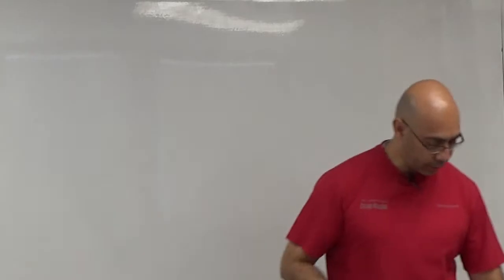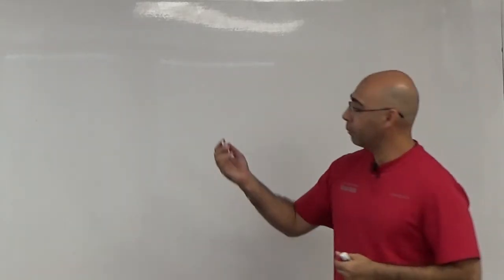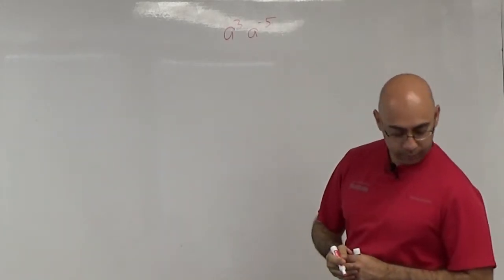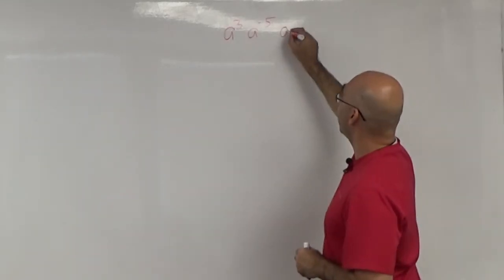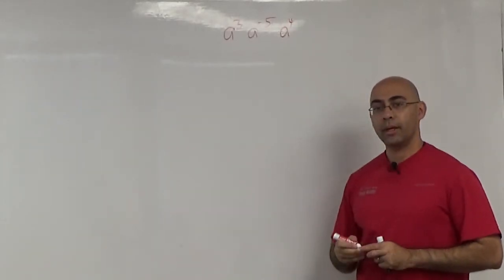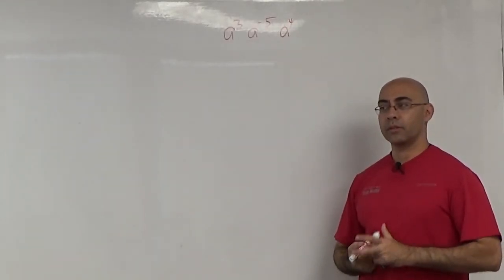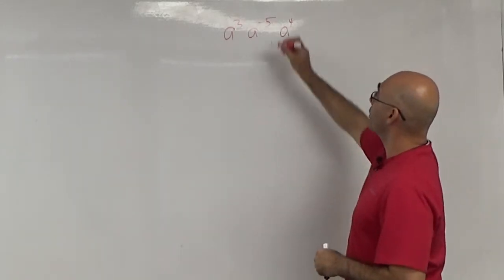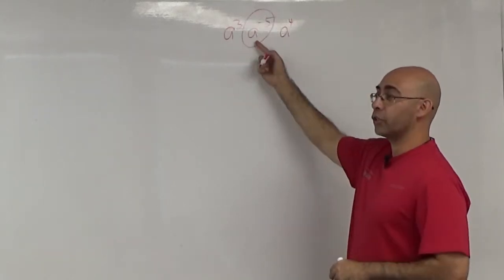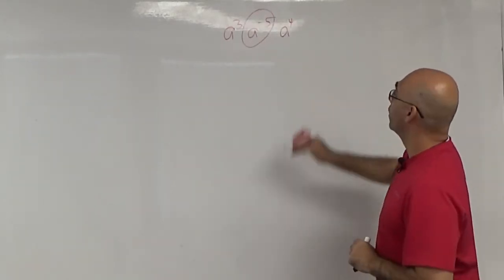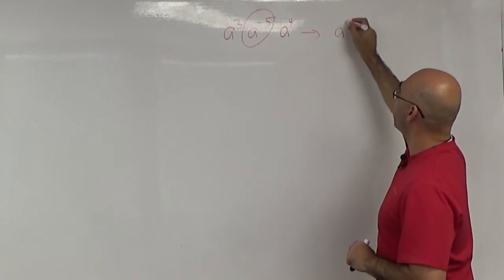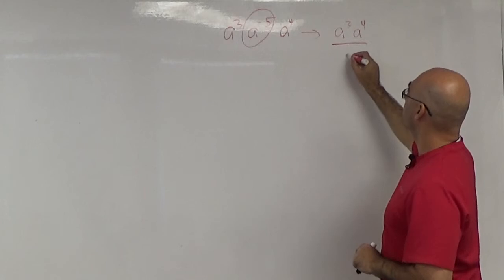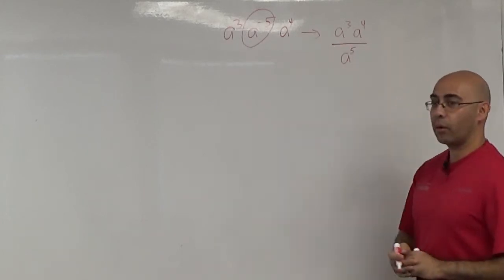Yeah. I'm going to do this next problem. A to the 3rd power times a to the -5th power times a to the 4th power. How would I do this guy? This will be a review from yesterday's. Yes, sir? You have to flip A to the -5th. All right, since we have a negative exponent, we know that we could just flip it and make it positive. So that means this becomes a to the 3rd power times a to the 4th power up on top. That becomes an a to the +5th power on the bottom,